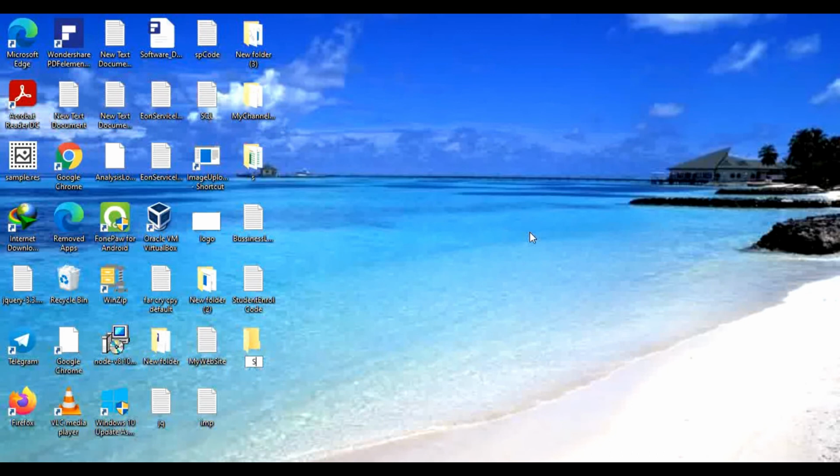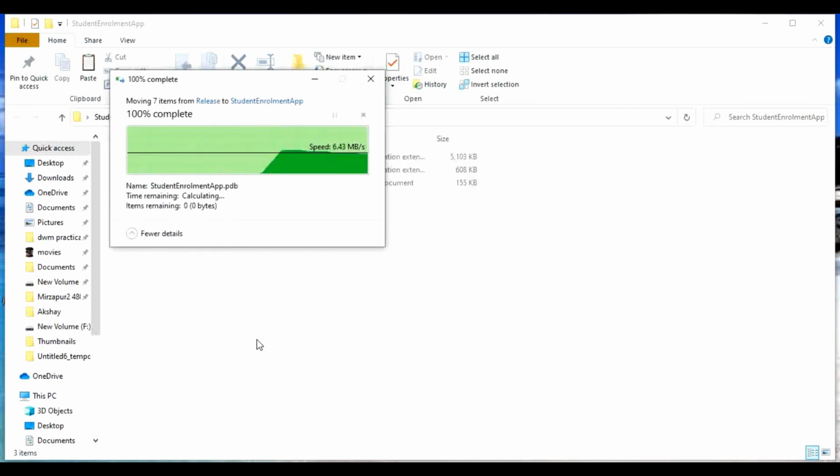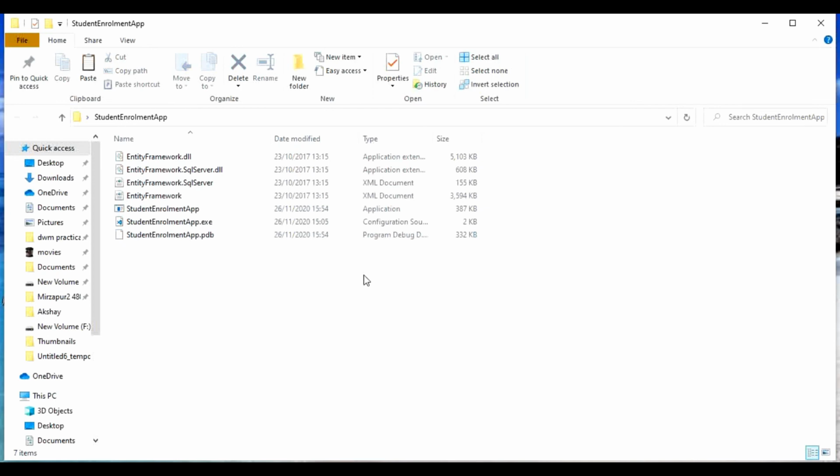Let me create one folder, student enrollment app maybe, and in this folder we will paste those files. But as I have already told you, these are nothing but dependent assemblies for this exe.